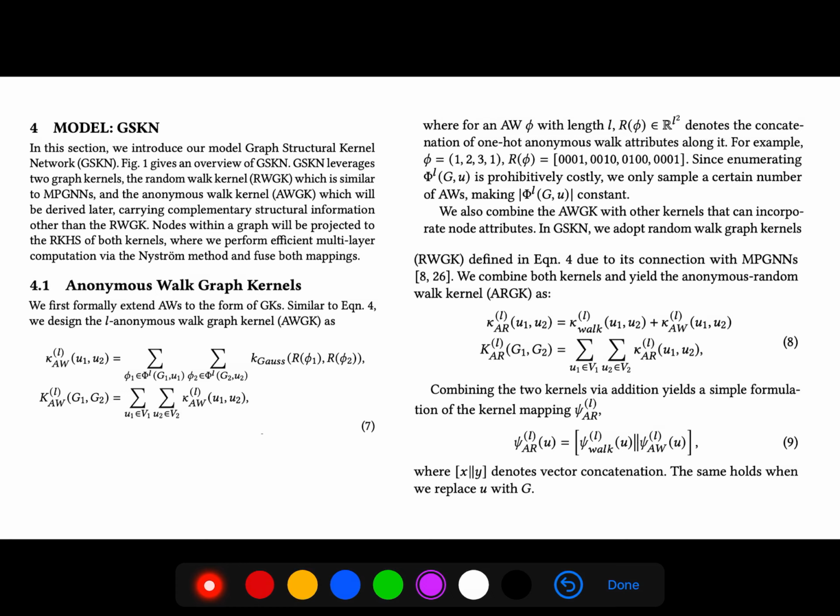So we combine the kernels here and yield the anonymous random walk kernel. We call it ARGK. Combining the two kernels, the walk and the anonymous walk, if you concatenate them, then you have a kernel that is a combination of the two kernels.